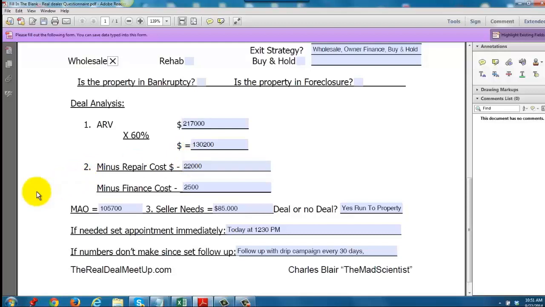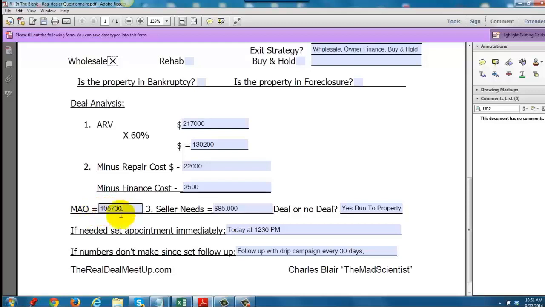and our finance costs, based on the actual time it's going to take us to sell the property, closing costs and so on, is going to be about $2,500. So once we put in all these numbers here, the spreadsheet will automatically fill out the maximum allowable offer you can make, which is